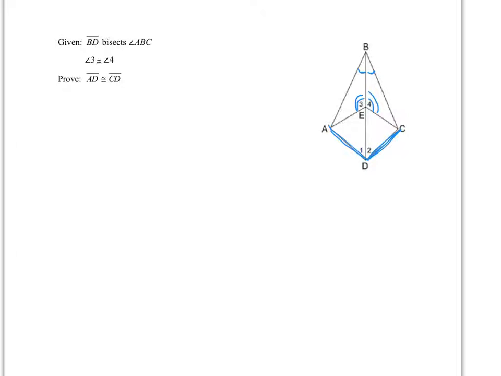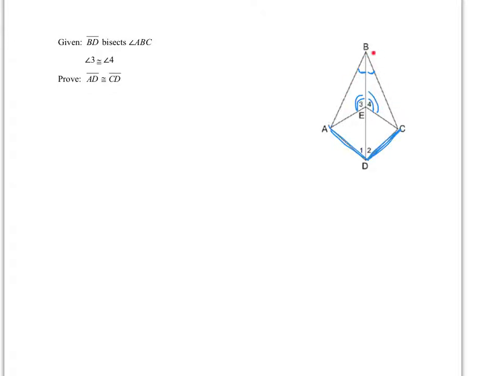Okay, so AD and CD are in these triangles here, these little ones, AED and CED, or they're also in the big triangles, ABD and CBD. So if there's a way we can prove either those two small triangles congruent or these big triangles congruent, then we can get CPCTC for AD and CD. But based on the given information we have, I don't think we can get either of those two sets of triangles congruent, but it does look like we can get